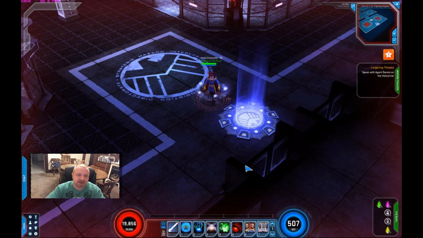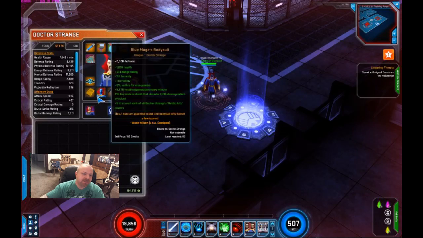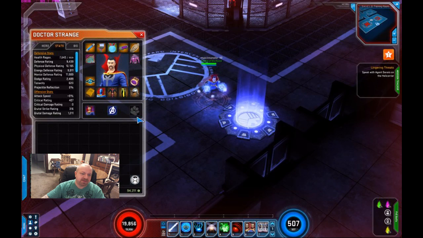As promised, I got Doctor Strange. He's level 60, and yeah, somehow he's fully geared. And I'm not joking. He's fully geared with level 60, full set of uniques. Thanks to a little help from Emma Frost, who let him borrow a few things, and